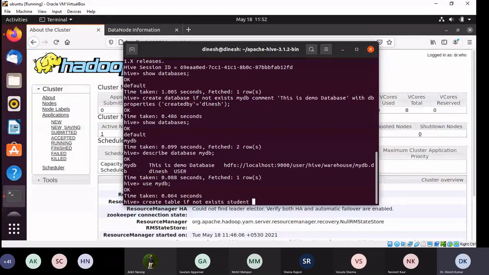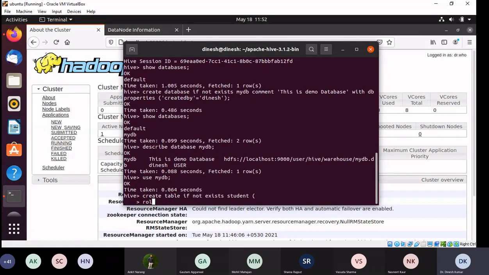Right. And then the column roll number. This is the first column. Its data type is integer, and then you can skip the comment part, not the roll number and the integer, because column name and type are required, but column comment is the optional field. This way we can write. Then let's say I have only two fields.